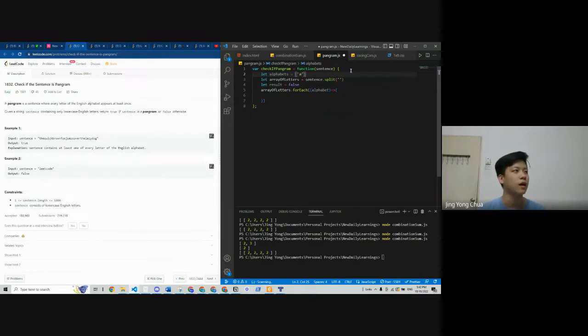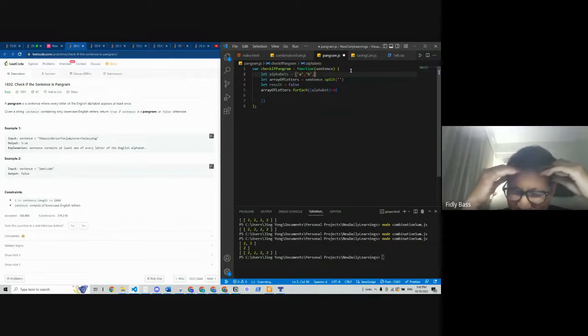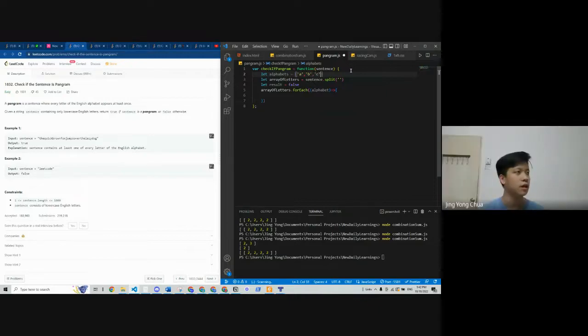Cannot be, right? I need to list all of them out. What do you guys think? Is there another way you can do this? Or I write this one out first.